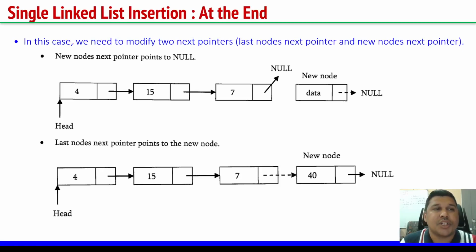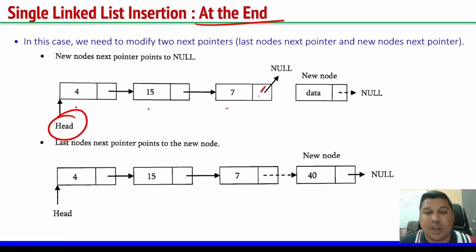So we will begin our session with single linked list insertion at the end. We have already studied inserting an element at the beginning. Now let us see how we insert an element at the end. In this case, there already exists a list with elements 4, 15, 7, and we know that always the head points to the first element